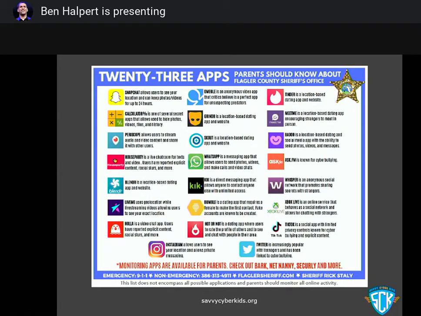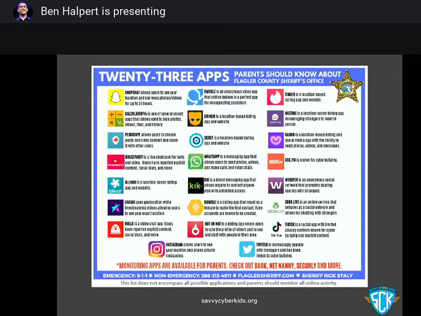Now, a question I always get from parents is, what apps do I need to look out for? Not a great question for me to answer easily. And so I want to show you this, and then I'll tell you what the real answer is. This is one example of what a police department, or in this case, I believe it is a sheriff's office, put out in Florida. And these are a lot of the apps where they're seeing the pedophiles reaching out to kids and trying to get them to do things that are illegal. But some of these are things like Instagram and Twitter. So these are more like mainstream apps, right?